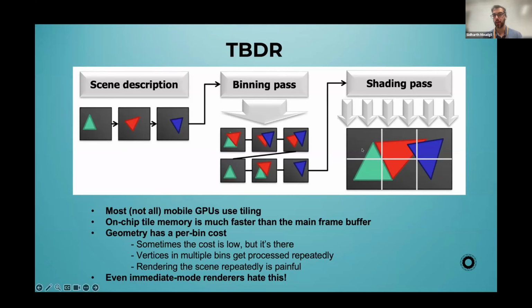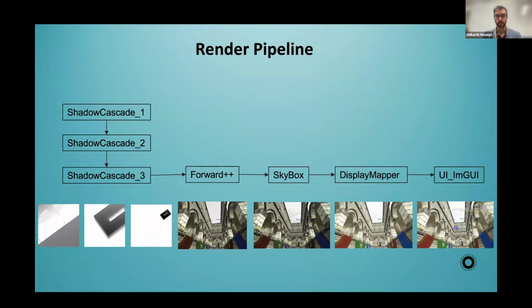So what this does is you shade per bin. It's done really fast because the memory is sitting on the GPU, so all the loads and stores are essentially free. The only thing that takes time is to take this bin from the GPU to the CPU system memory. So you have to do it one bin at a time, and every time you're done, you have to transfer this memory from the GPU to the CPU, and that's where the cost comes in. So can we optimize for that?